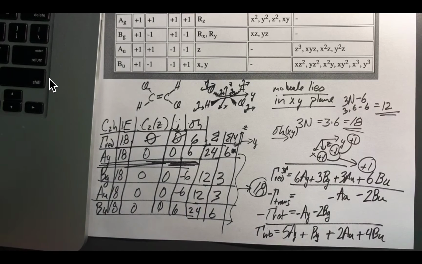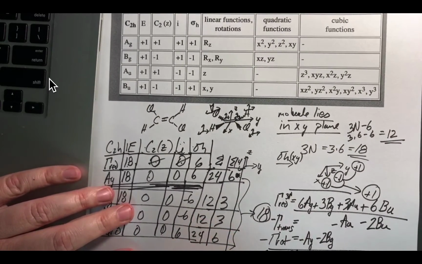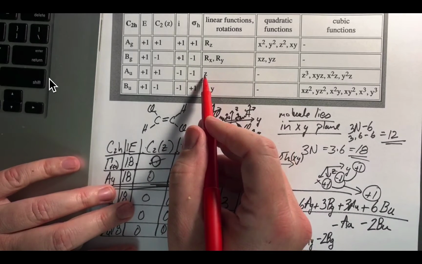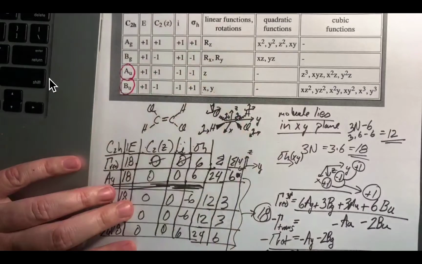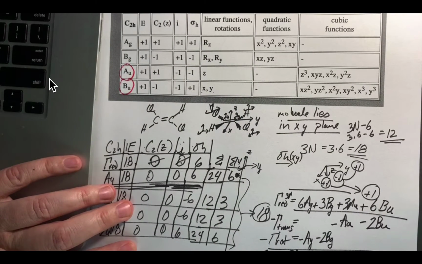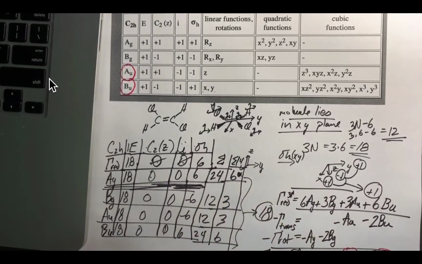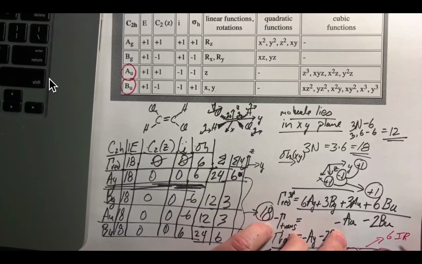All right, we still have a little bit more work to do. So if at the end of this we want to know how many of these we could possibly see in the infrared spectrum, we have to go back to our character table. And for a vibration to be infrared active, it has to be one of the irreducible representations that contains Z, X, or Y. So only the AU and BU vibrations are infrared active. So AU and BU. Okay, so this 2 plus 4 gives me 6 IR active